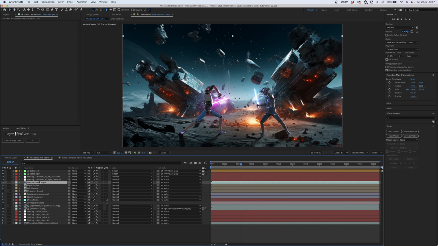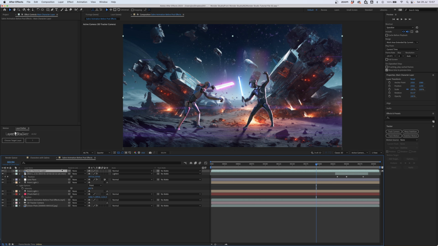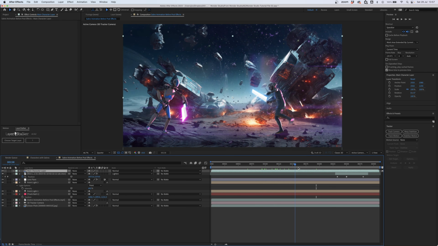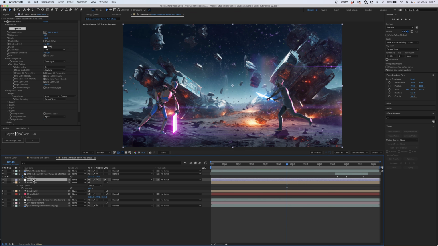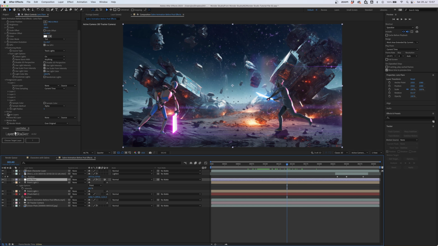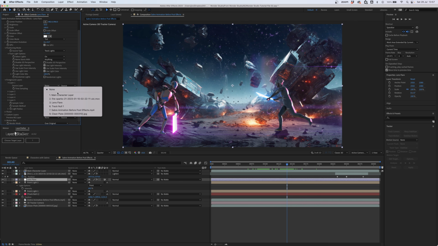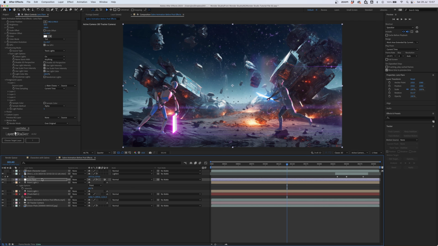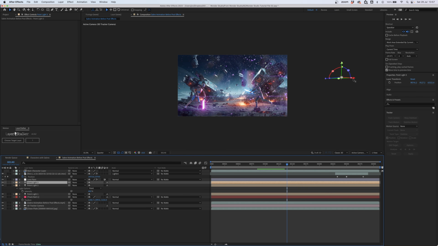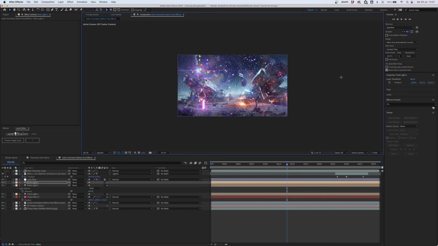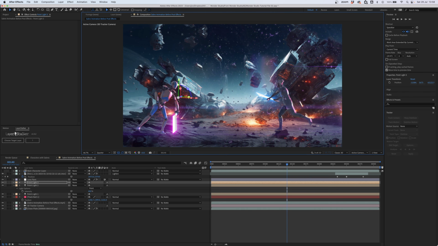You could jump into the original scene and grab hold of your character pass, bring that out and paste it on top. And that will help them stand out from the scene if you want to do something quick like that. But you can also, on the lens flare, go down and there's a foreground layers property here. And on layer 1, you can assign that to this new character layer, hide the characters, and then create another light. And then when that light goes behind any of the characters, you'll get a nice reaction from the lens flare.